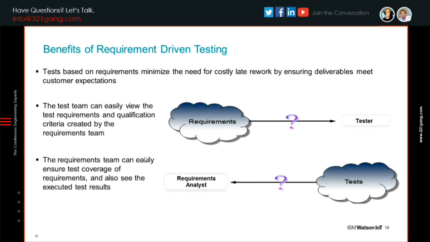There are times where defects are found during a test, and sometimes it's because the requirement was written incorrectly. So if we have that transparency between the systems engineers writing the requirements and the validation engineers writing the test cases, we minimize that risk.